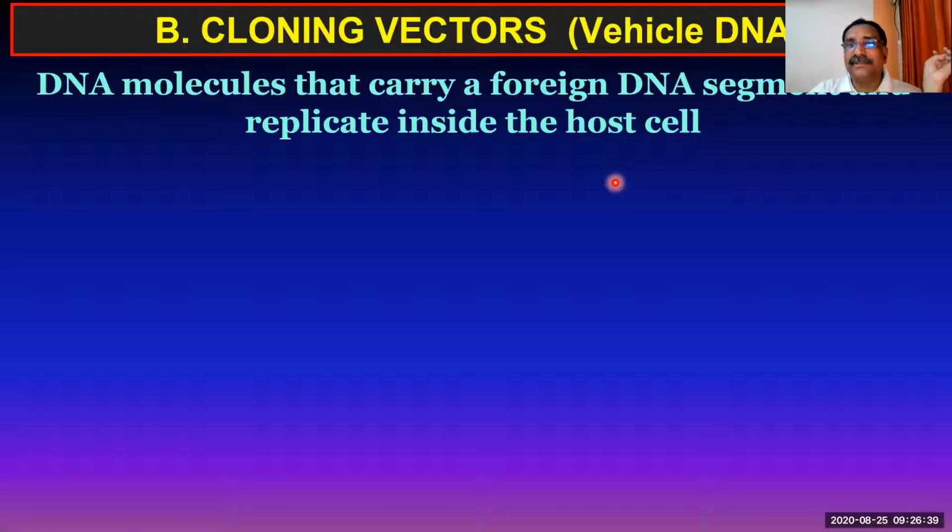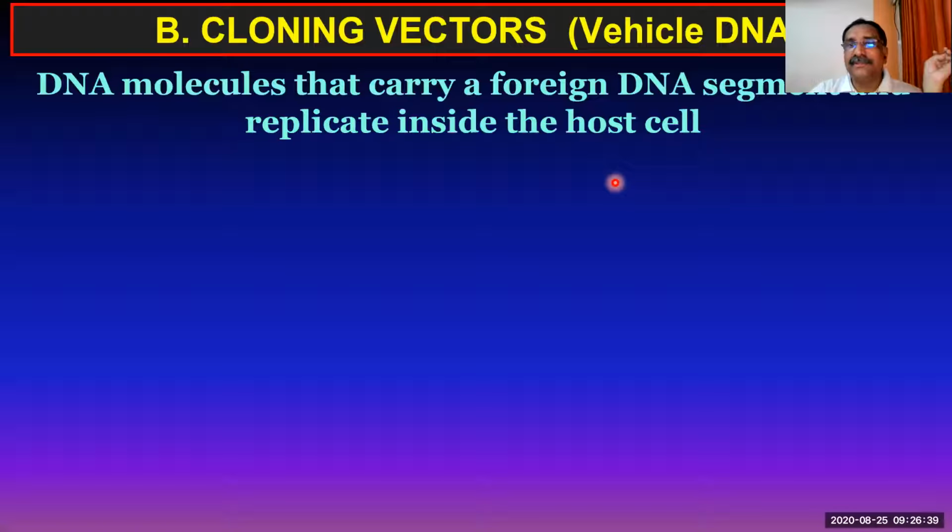I repeat, one is called plasmid. Plasmids are known as extrachromosomal DNA of bacterium, and it is circular in nature and it can be replicated autonomously. The number may vary from 1 to 2 copies per cell, or you can notice that the number may even vary up to 100.